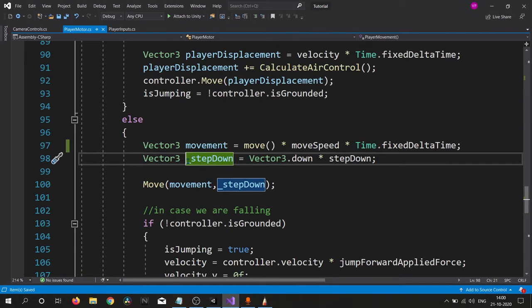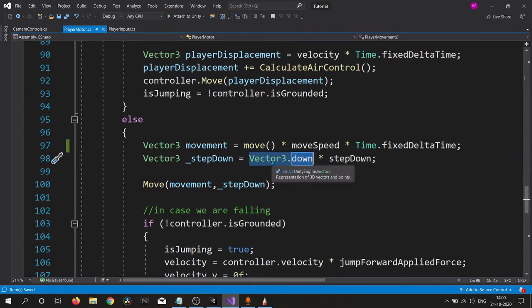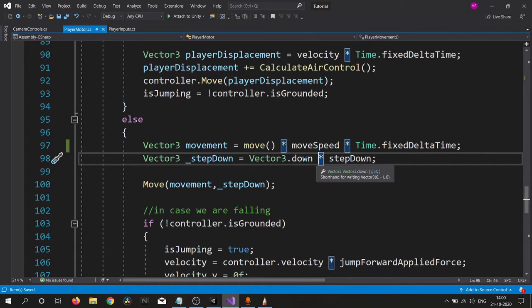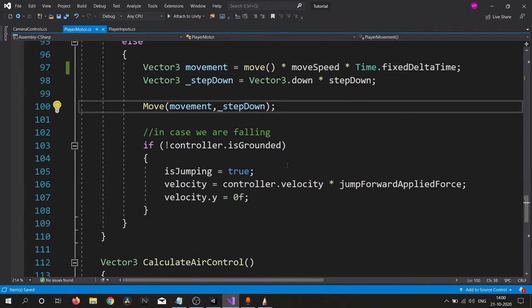So we need to tell our character controller to move down onto the ground by this simple vector 3. Okay, and now we'll get this. I'll simply multiply by Vector3.down, which is 0, minus 1, 0. Now we'll move on to our move